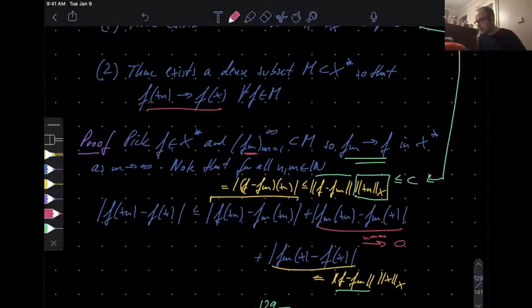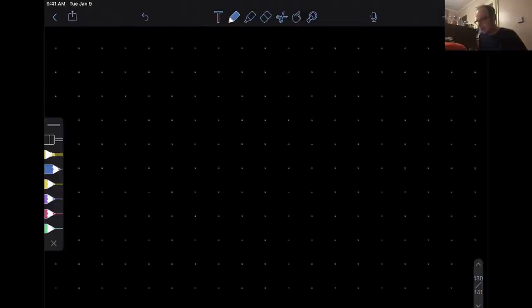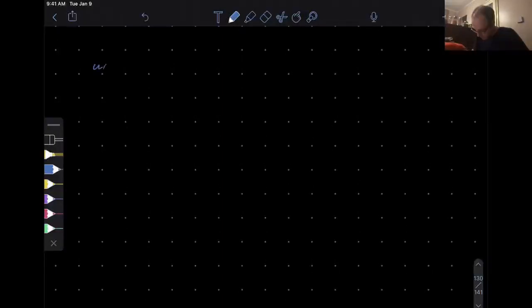I've written it out in the notes. Okay, maybe I will now write it out here too. But that's the idea, right? So first off, xn is bounded, and of course if you fix a point, that point also is going to be bounded, and you can choose here the same c, right? You can optimize the c in such a way that you have this inequality both for the xn's and for the x with the same c, right?